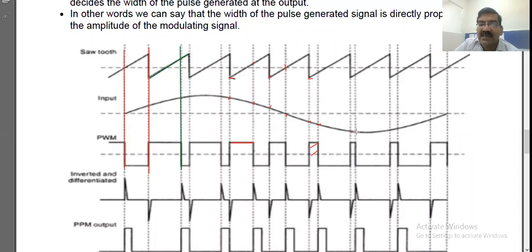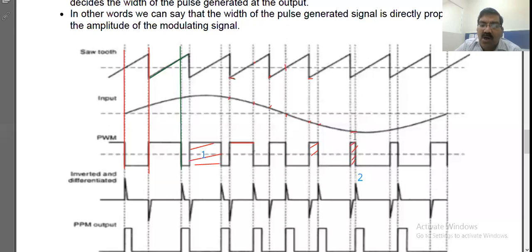Now at this instant, you just see this pulse. What is the pulse width for this particular pulse? You just see, the pulse width is very short. Now for this particular pulse, I'll give some numbers. So this is pulse number 1, and here this pulse I'll say is pulse number 2, for understanding. For this pulse number 2, you just see the width of this pulse is very short.